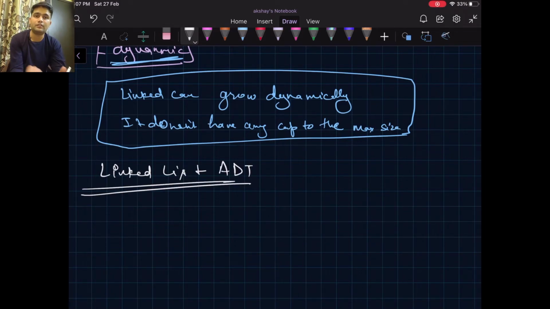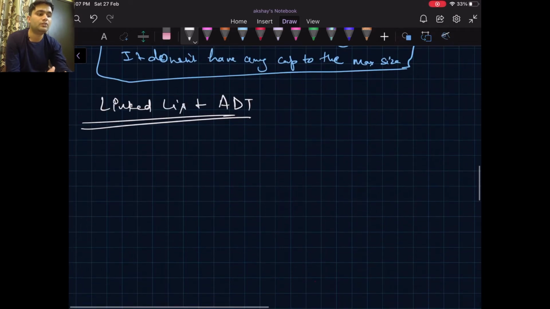Okay, so we discussed the ADTs. It is something that hides the internal details or internal complexity and exposes some useful or meaningful information to the user, that the user can leverage and use that data type for its benefits. So the linked list ADT defines